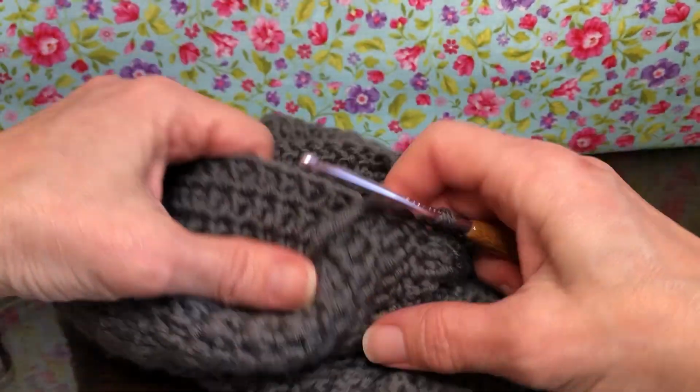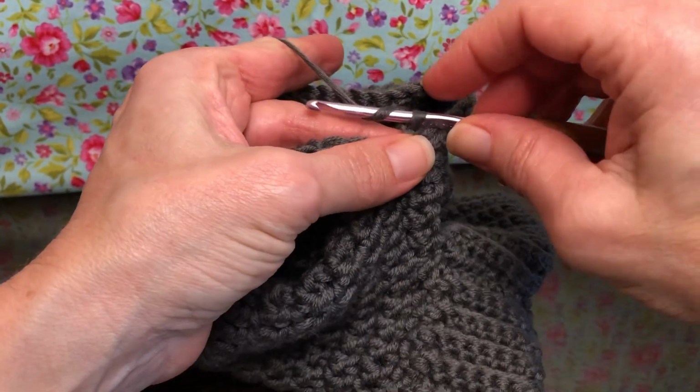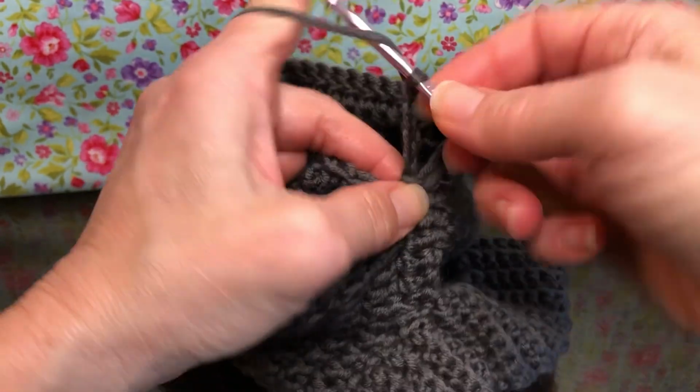So I'm going to get you started, and we're going to get our work going, and then I'm going to set you free to do the bulk work. So start with chaining 9. So yarn over and pull through 1, 2, 3, 4, 5,